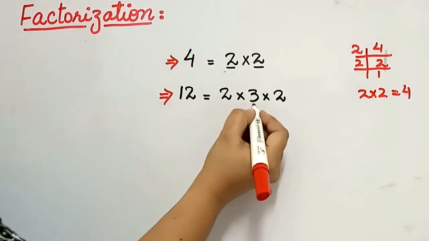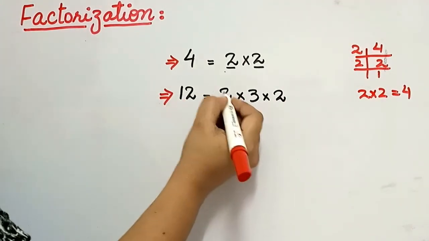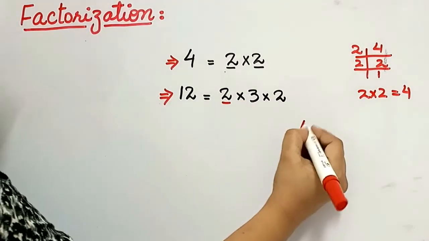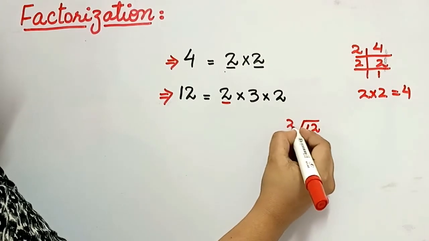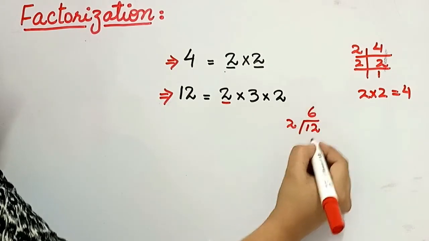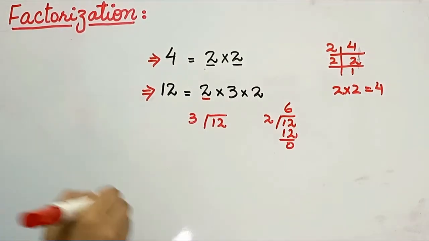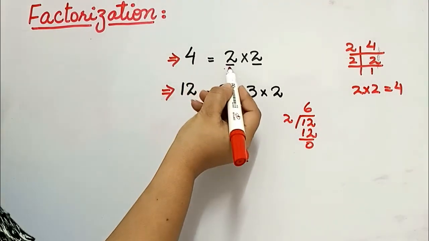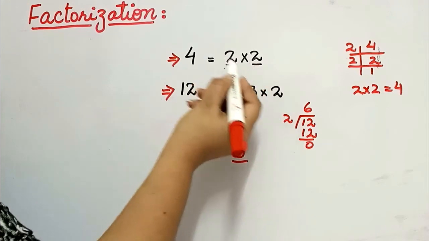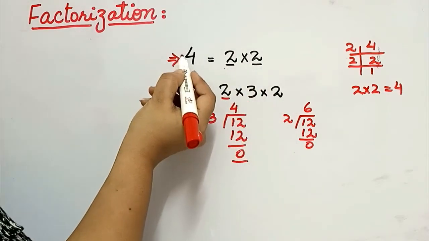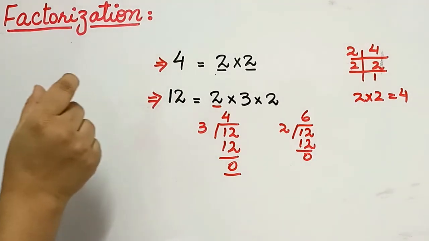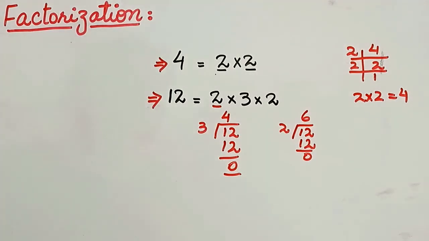So 2 or more multiples of any number that completely divide that number. Like 12 is completely divisible by 2. 2 6s are 12. 12 is completely divisible by 3. So what are the factors? Factors are the multiple of 2 or more number that completely divide that number. Fine. We have done the factorization of numbers in our 6th standard.